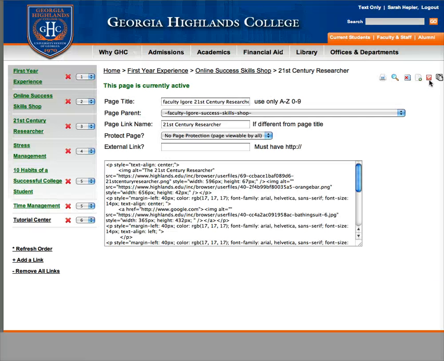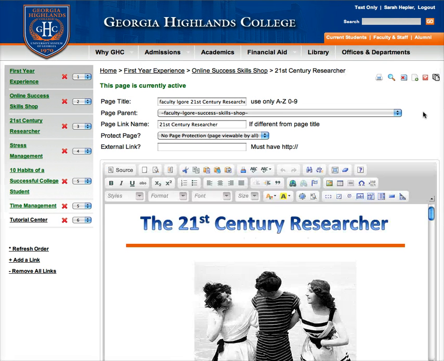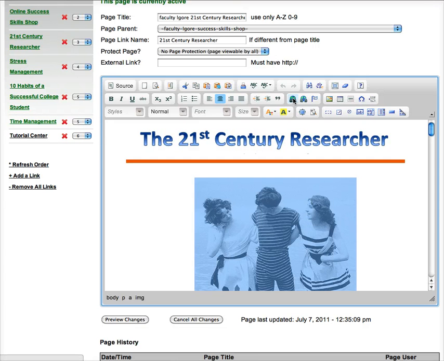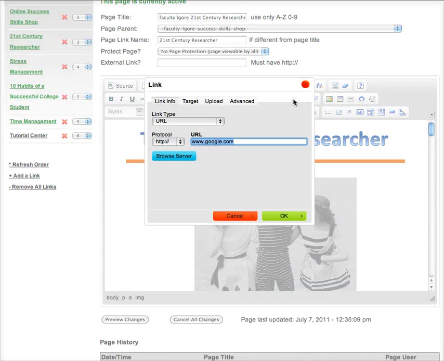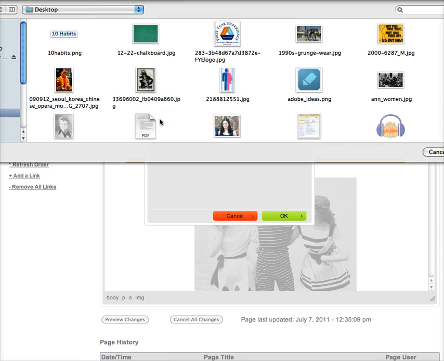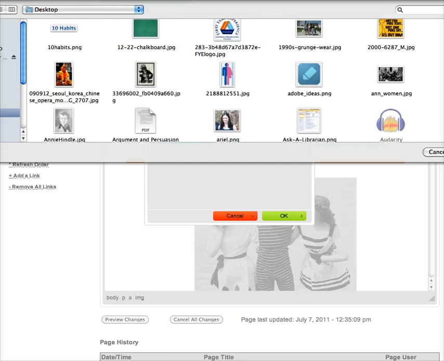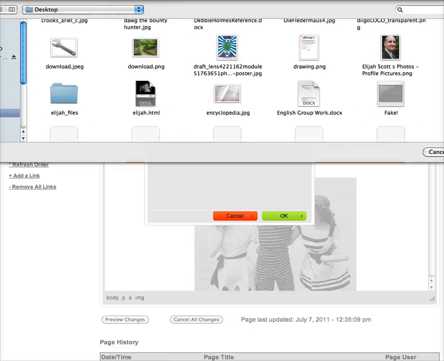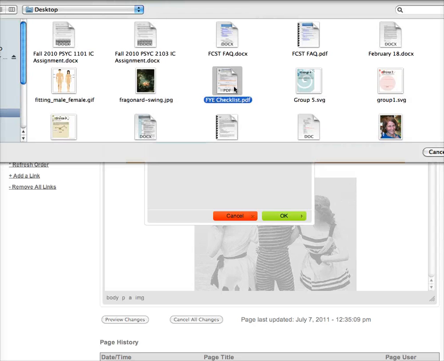Okay, so as I said, you can also turn pictures into items that link to documents. So I'm going to click on this picture again and go back to the link button. And this time, instead of having a URL, I'm going to go ahead and erase that. I'm going to upload a document to this picture. So I'm going to go to Choose File, and this only accepts Word documents in the .doc format, text documents, or PDFs. So I'm going to just choose this PDF right here,